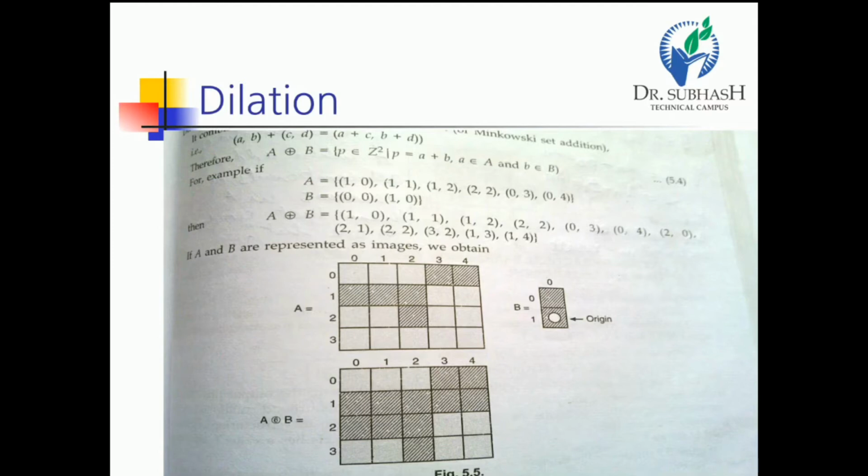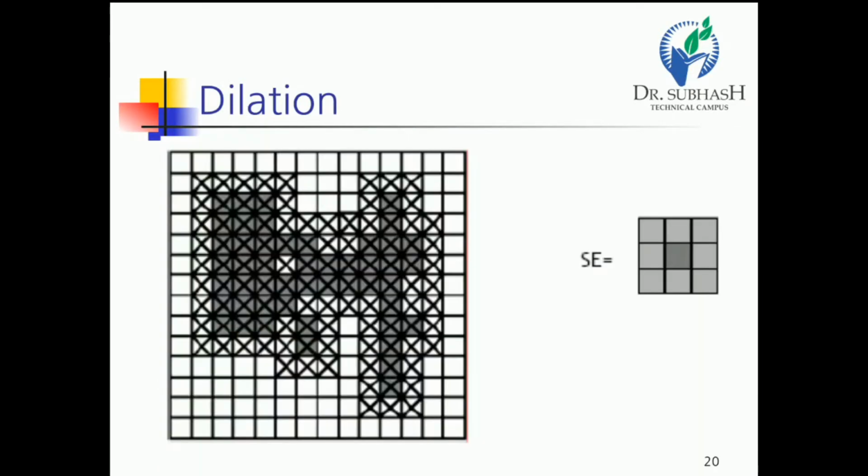We are considering this example, and sometimes in the actual examination these examples are also asked, right? So we are counting the different values of A and B. A is considered as 6 elements and B is considered as 2 elements. Now we can find the dilation of A by B. We get 8 elements, and this is the structuring element for this given image. For the representation of dilation using this image, we use the number of smaller sectors and find the structuring element for the dilation.